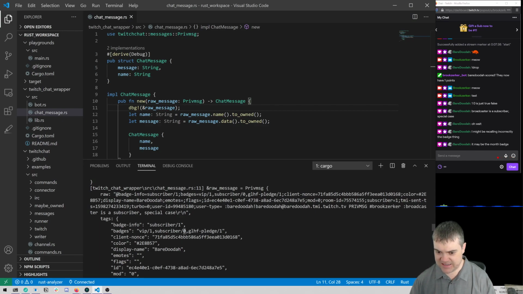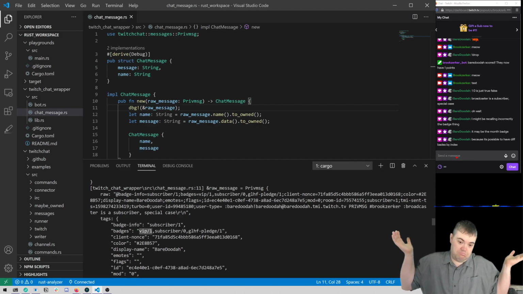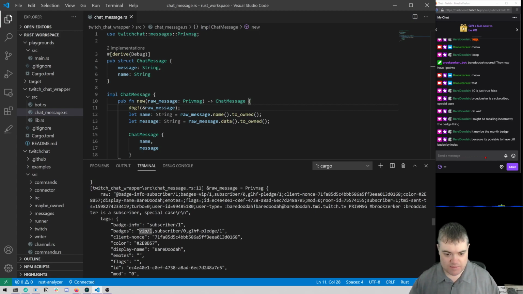It starts with 1 maybe, but that doesn't make sense. I had like 38 on mine. There must be different types of subscriber badges, and so this is probably the type of subscriber badge.